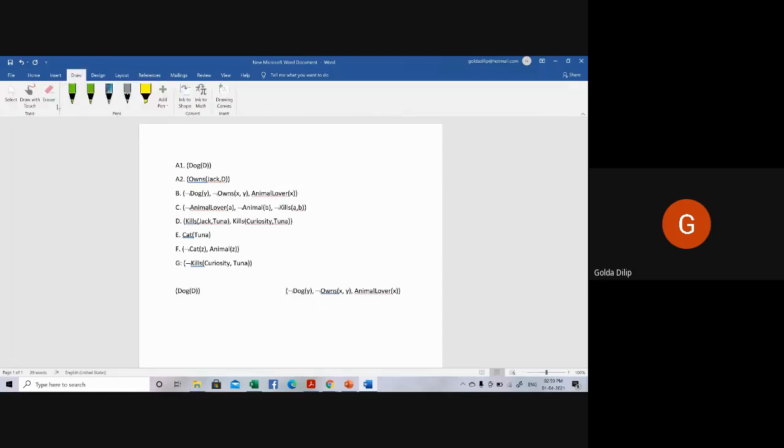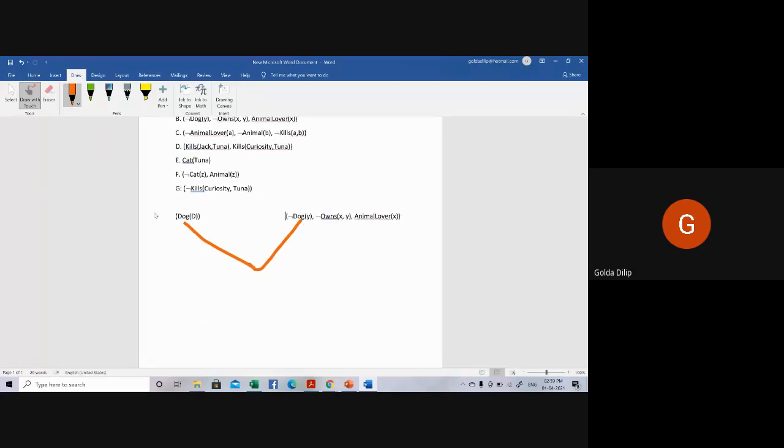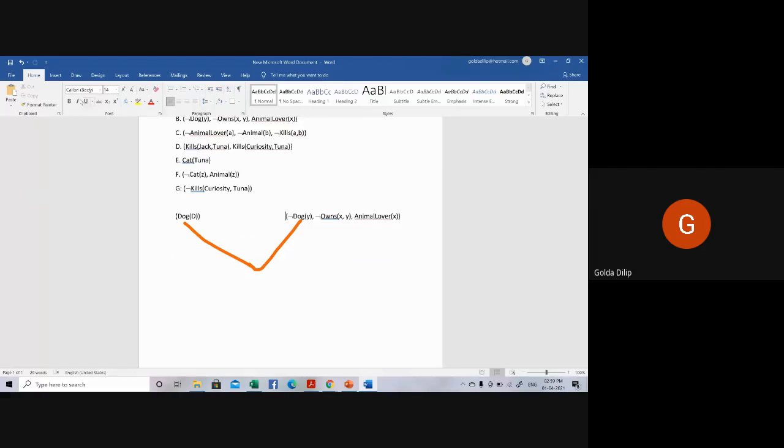To resolve these two, what do I land up with? Dog(D) and not dog(Y). As a result of unification, one can be replaced by another, so these two can be cancelled off. So what remains will be...